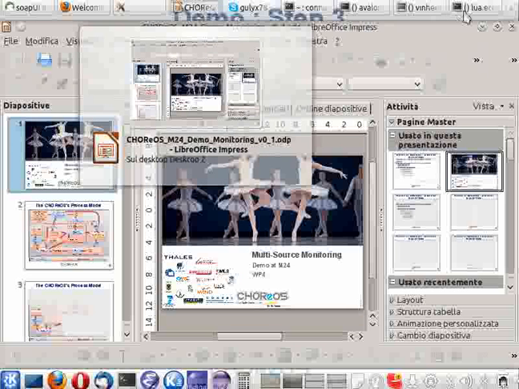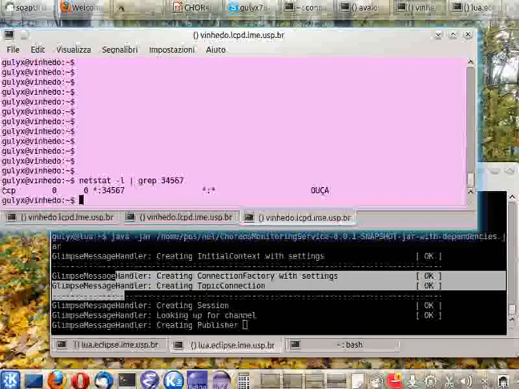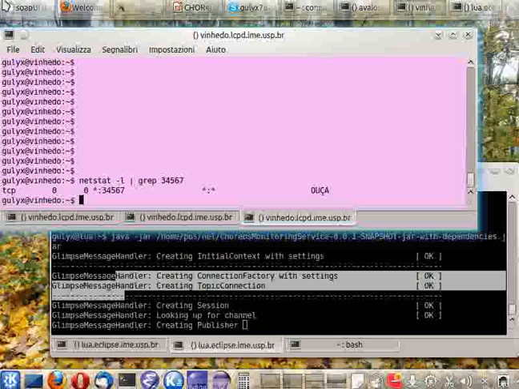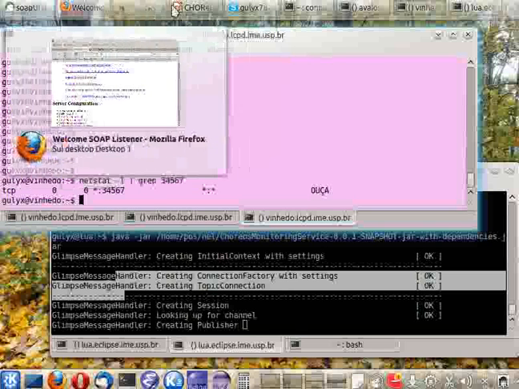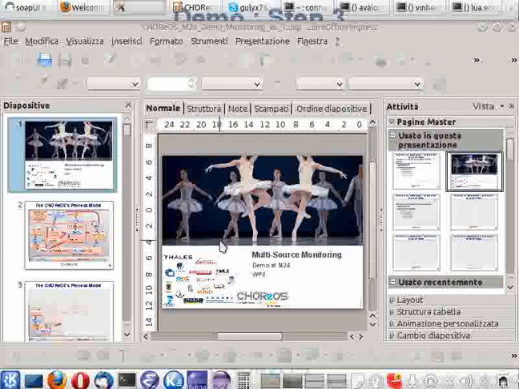Those probes are already running. For example, here we can see that on the port reported on the graph there is a service running, and so the only thing we have to do according to the slides is loading the SLA on the BSM.